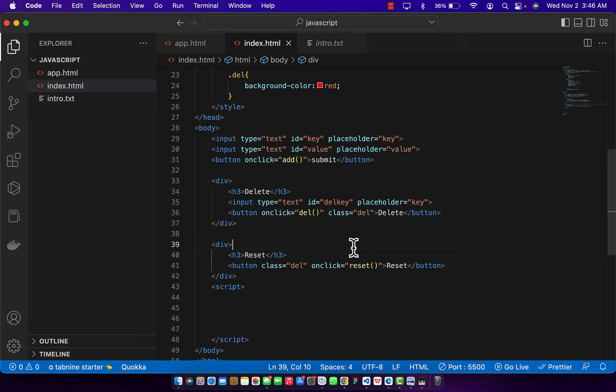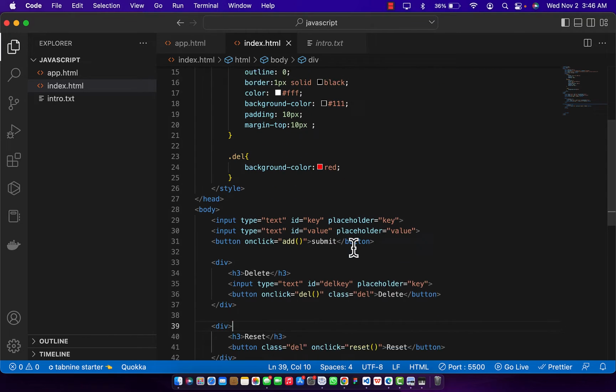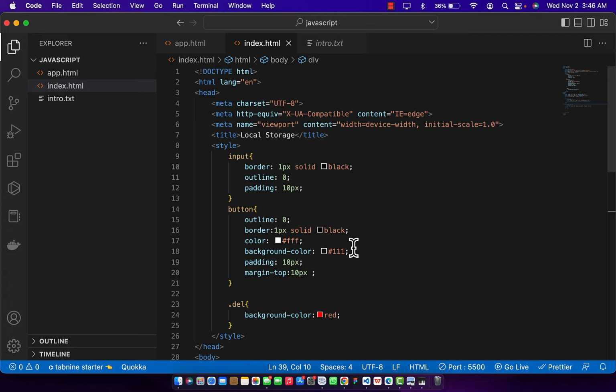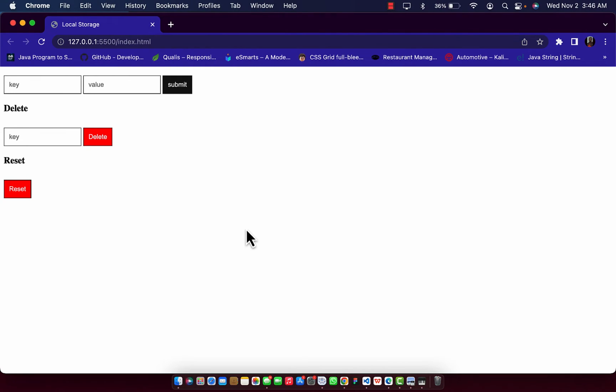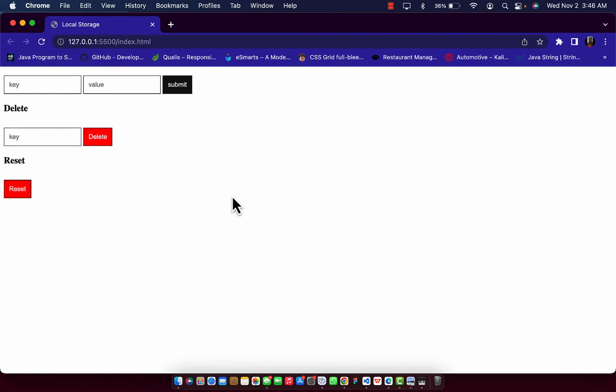Welcome back. Today we'll be looking at local storage in JavaScript. So I have some HTML and CSS file here which will be made available in the description below if you want to follow along. So this is how the page looks. So basically the local storage is a storage memory where we can store some information in JavaScript which is available